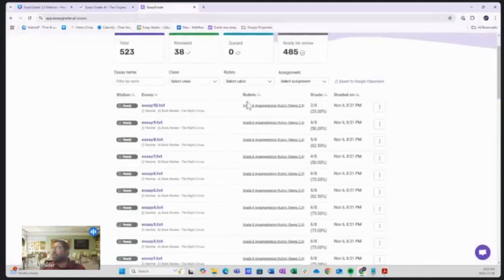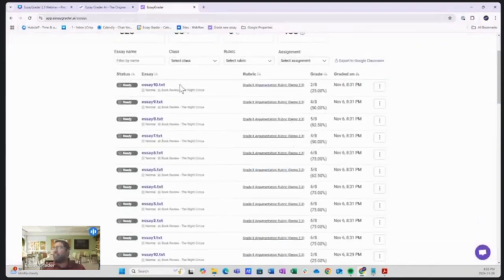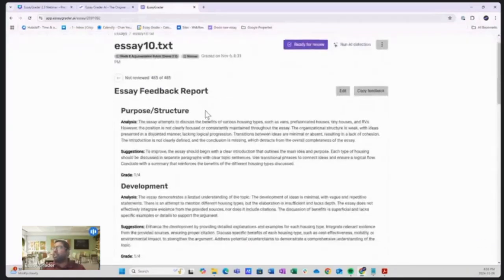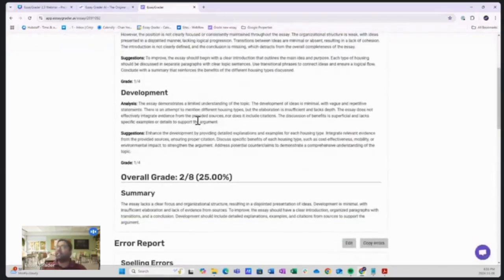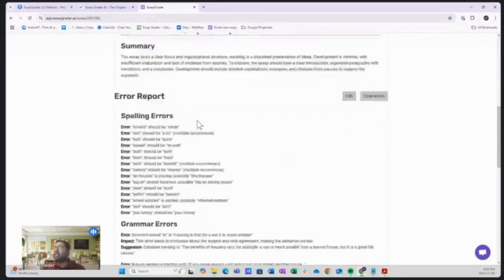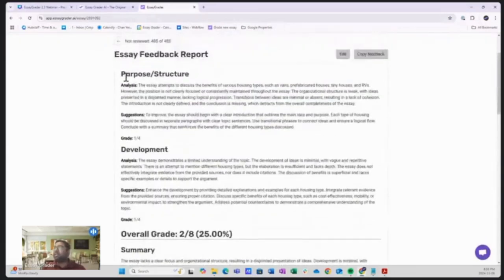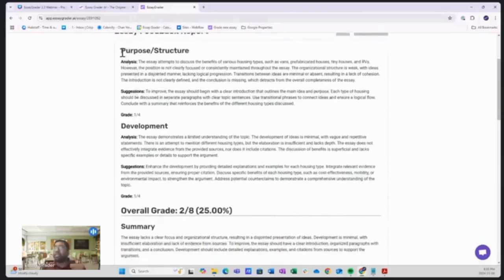Okay, so this is how the essays look with the rubric. I'm going to show you all the essays. These are the 10 essays that I uploaded. This is what the essays look like. You will see, for the rubric that I created, there are 2 sections in the rubric: purpose and structure, and development, if you remember. For all the 10 essays that I uploaded, EssayGrader has reviewed the student submission and then gave an analysis